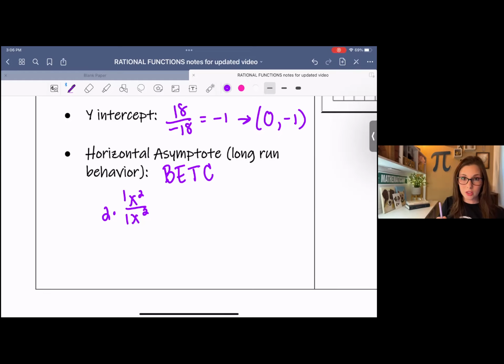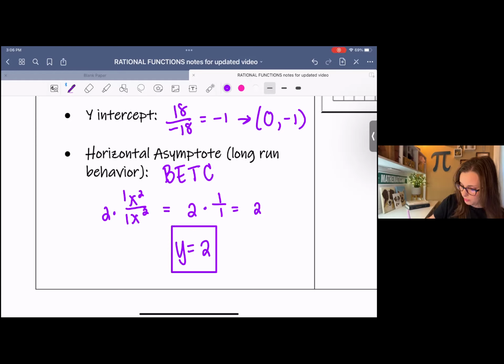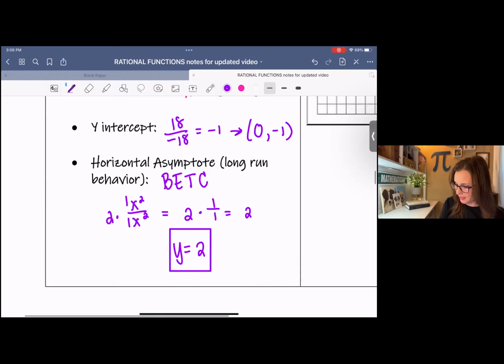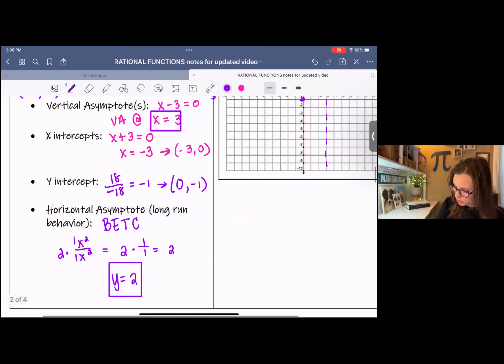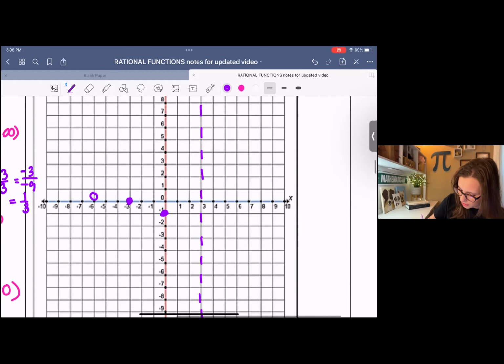So the coefficients of the leading terms are 1s, but there's the 2 also. It's kind of hidden. So the coefficients are 1, and simplify. So our horizontal asymptote is at y = 2. And it is a line, so I have to write it as a line. Then go to 2, put your dashed line,